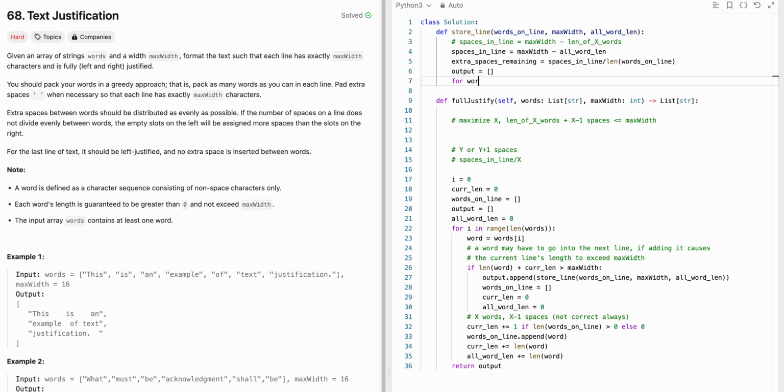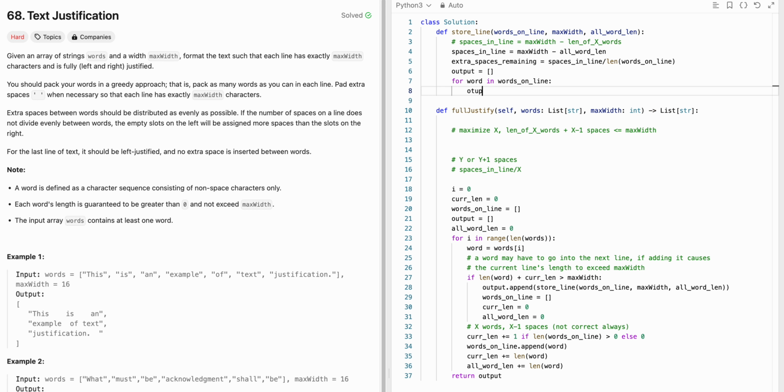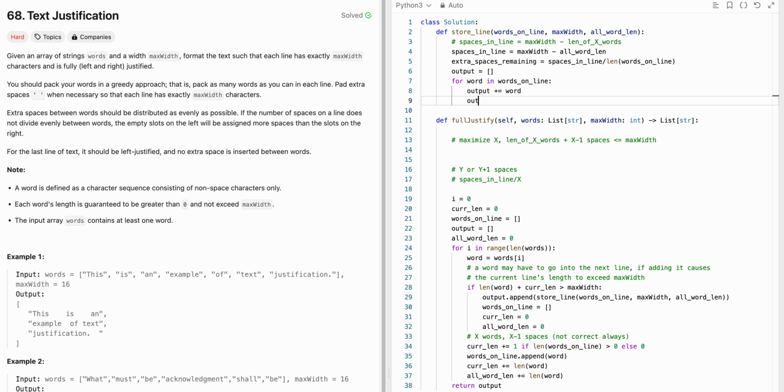So for word in words on line, output plus equals word,